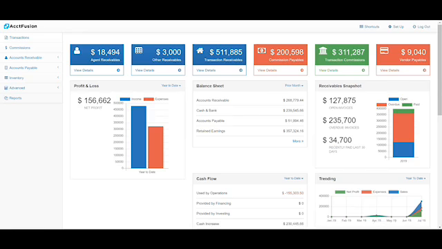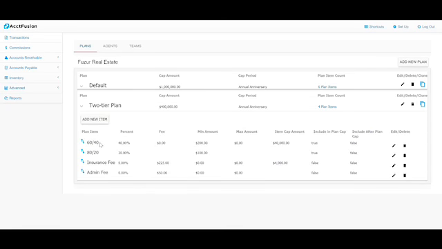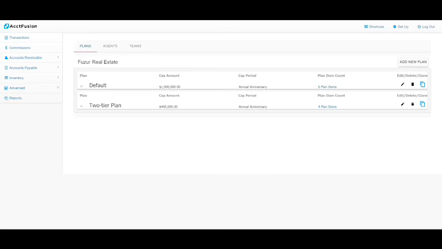Before we get started, let's review what we did in our last video. Here you can see we made our two-tier plan. We have the 60/40 and 80/20 items, as well as the 2 fees that will go into this plan. We assigned that plan to agents and teams, and right now we're going to create a new commission for one